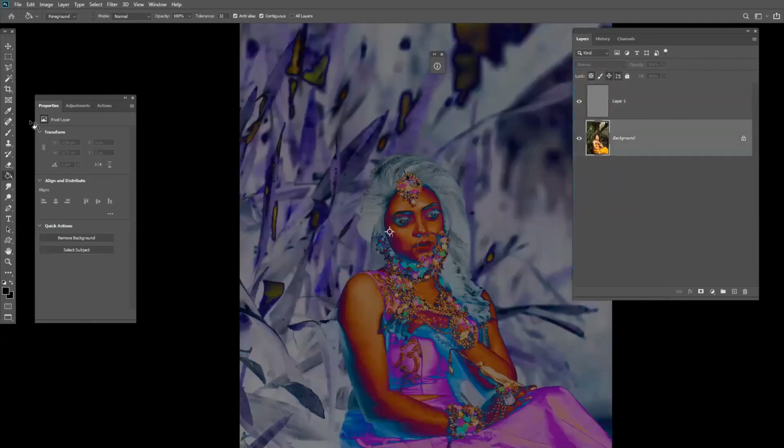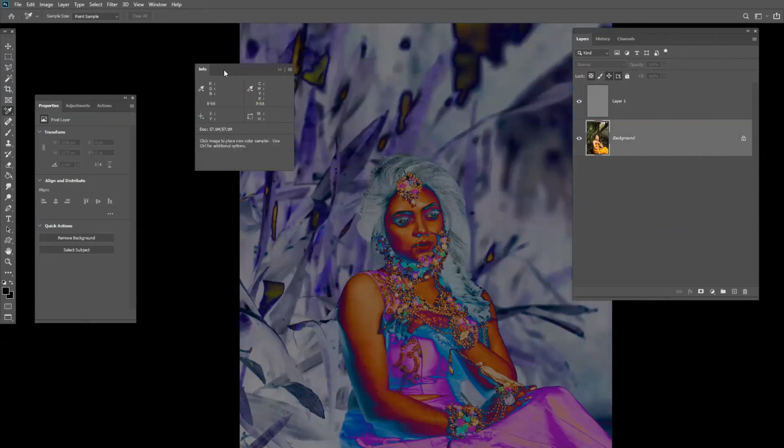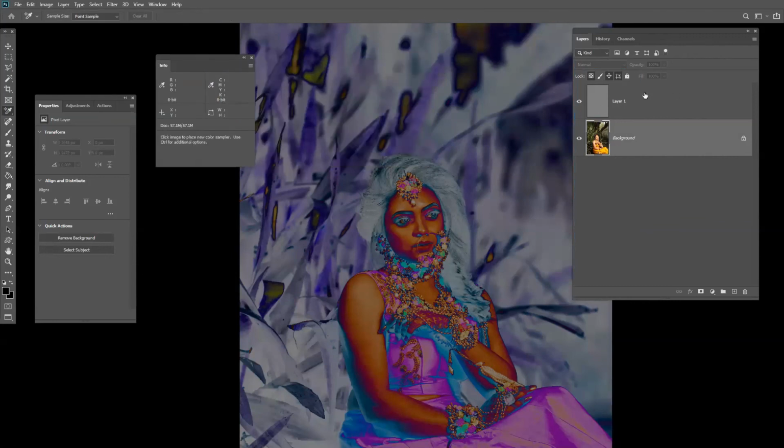We had already taken a color sampler, and the sampler is there. To remove the sampler, go to the color sampler tool and press Clear, and the sample will get removed. Now put the layer in difference, as difference will pull up the opposite color, the negative of the color.